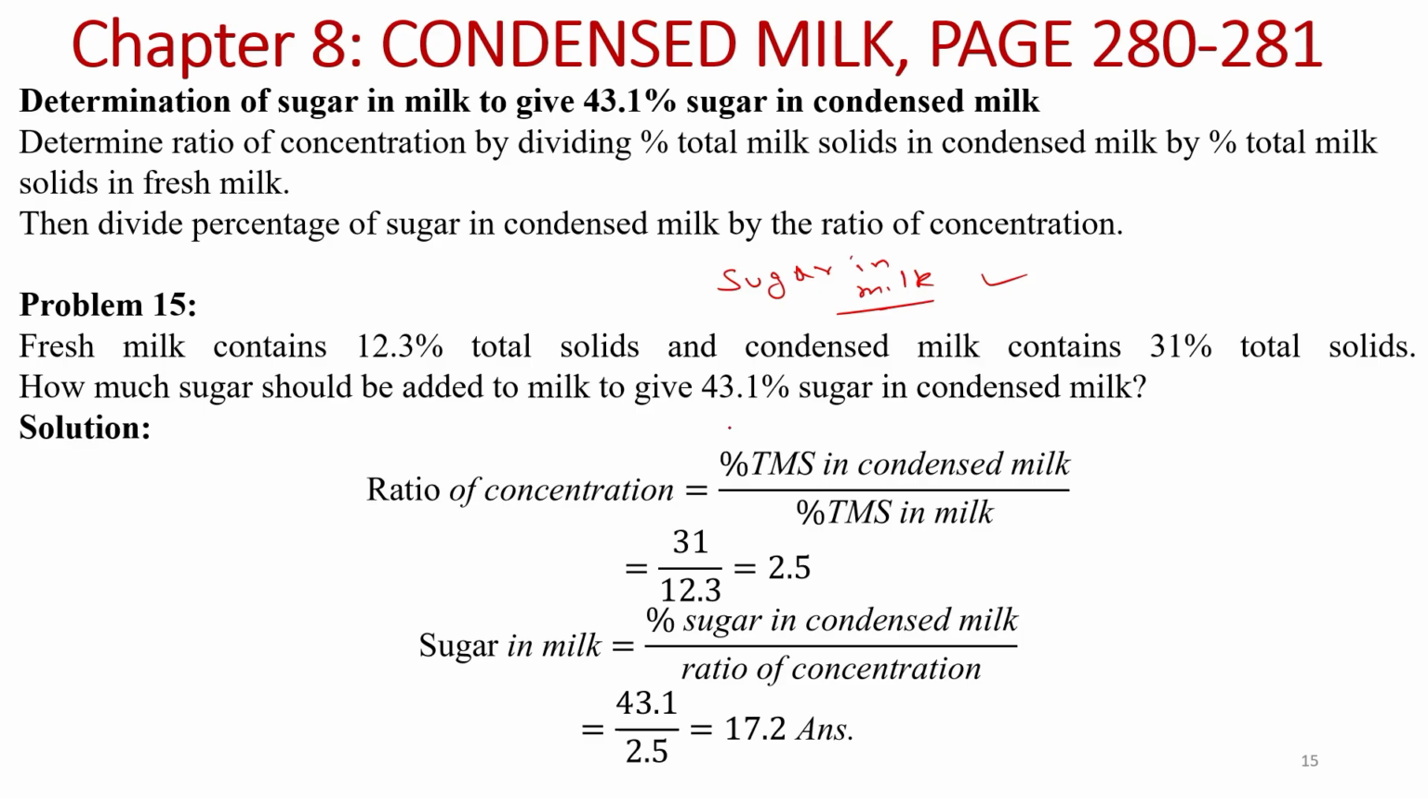We know that the ratio of the total solid will be the same as the ratio of the percentage sugar in the milk and condensed milk. Here it is given that fresh milk contains 12.3% total solid and condensed milk contains 31% total solid. How much sugar should be added to milk to give 43.1% sugar in condensed milk? Okay, so this is a very simple numerical. So here we are given total solid in condensed milk as well as total solid in milk. So their ratio, that is total solid in condensed milk divided by total solid in milk,